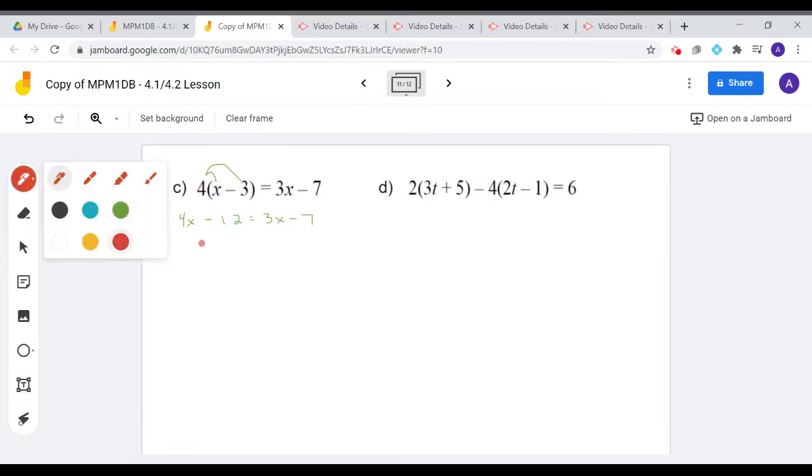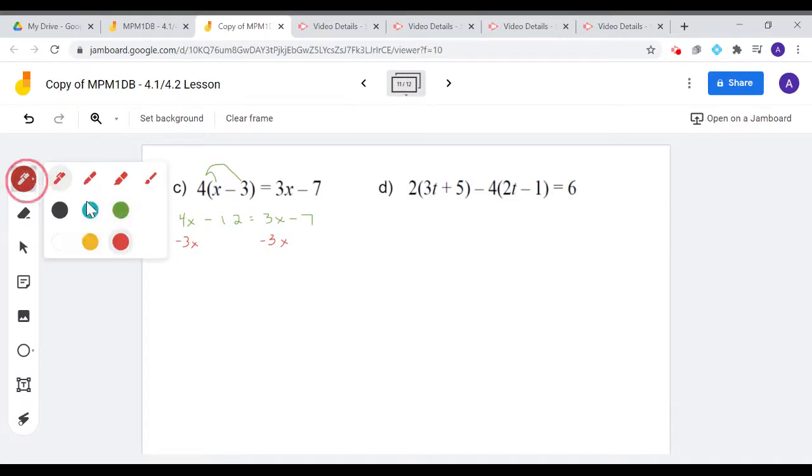The next thing I want to do is gather all of my terms with variables on the left-hand side. It doesn't have to be the left-hand side, but it's common to do so. So I need to get rid of this 3x. Right now, this is a positive 3x. So if I want to make it 0, I have to subtract 3x. And if I do a negative 3x on the right-hand side, I have to do a negative 3x on the